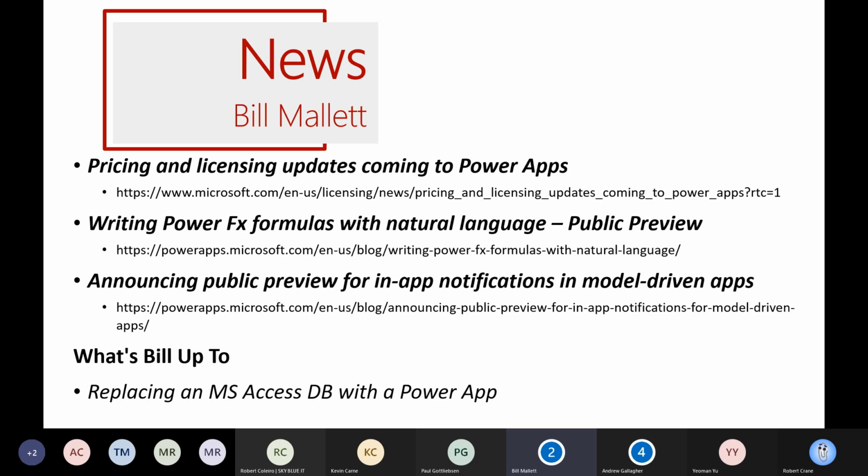You can access it on a mobile, on a tablet, on a Mac, which you couldn't do before with your Access database without running Windows on your Mac. So you've immediately, even though the functionality is just repeated, made a modern app that can be used everywhere. So I highly recommend this idea of looking at MS Access databases and even Excel spreadsheets, as Andrew mentioned, and looking at the power of updating them to a Power App.